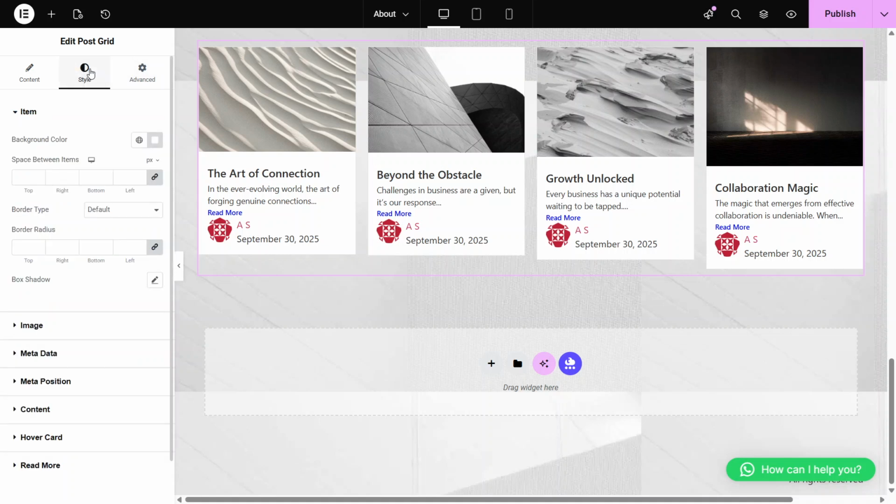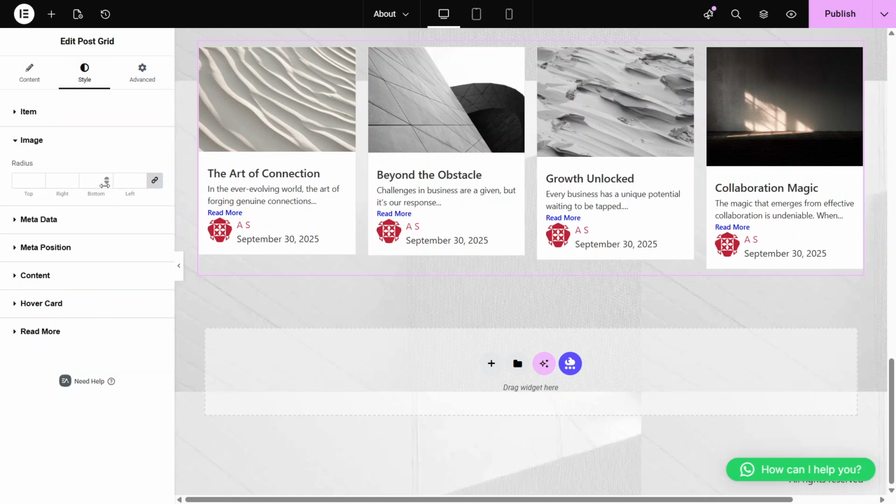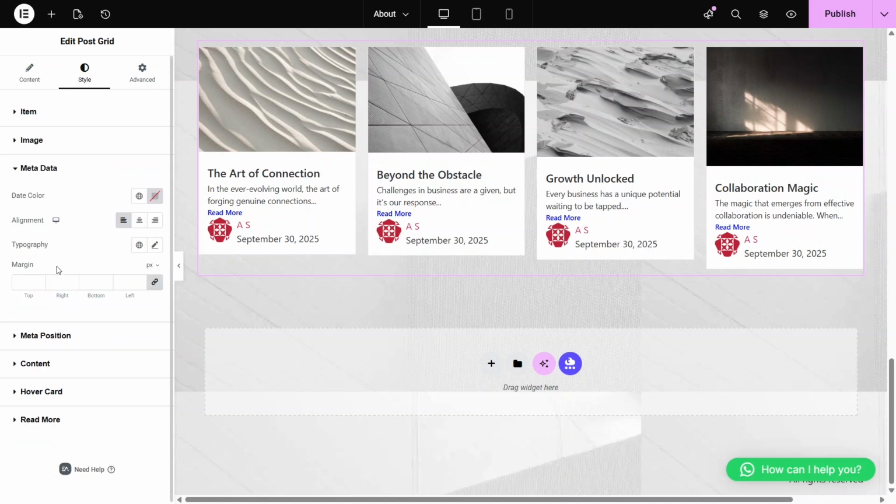Under Item, adjust spacing, alignment, and card appearance. In Image, set aspect ratios, borders, and hover behavior. Metadata lets you style details like author, date, and categories, and meta position defines where those details sit relative to